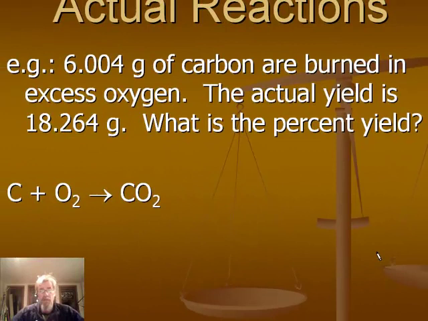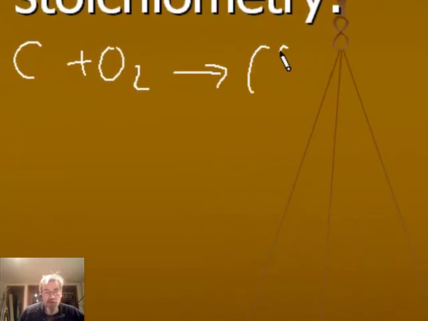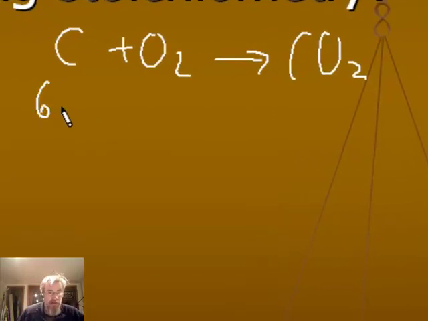Let's look at a real example. Here we have 6.004 grams of carbon, and they're burned in excess oxygen, it says. The actual yield is 18.264 grams, and we're supposed to find out what's the percent yield. Well, the first thing we're going to have to do is figure out the theoretical yield, and we're going to do that using stoichiometry. The reaction was C plus O2 makes CO2, and it said we had